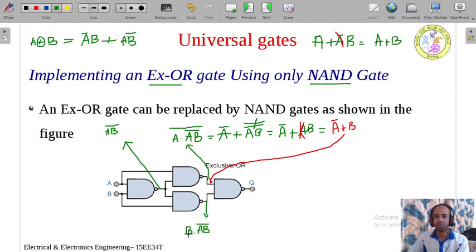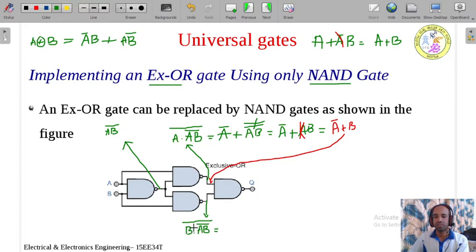So one variable and with the second variable, because it is an AND gate plus NOT gate. AND function I have done. Now we need to perform the NOT. NOT means whole bar we need to write. Again you simplify this using De Morgan's theorem. Again I will take this as one variable and this as another variable. I know that A dot B whole bar, I will take this as A and the entire thing as B. AB whole bar is nothing but A bar plus B bar from De Morgan's theorem.